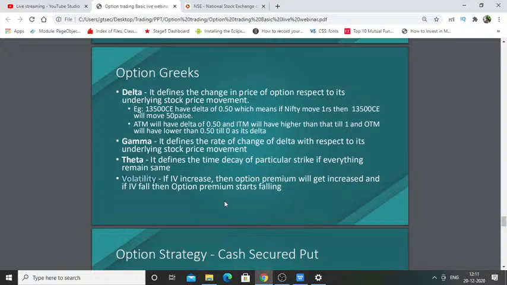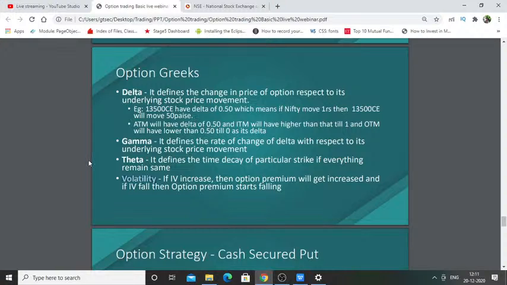But I would say if you're a buyer, you can prefer buying in the money options, because they will have lesser time value, and the delta of in the money options will be higher, so you can consider that a good option to buy. If you are purely an option buyer, then it's good to buy in the money only, not OTM, because the probability of an OTM option coming in the money will be a little bit lower, so don't do OTM buying, unless you are 100% sure about that particular trade's trend.